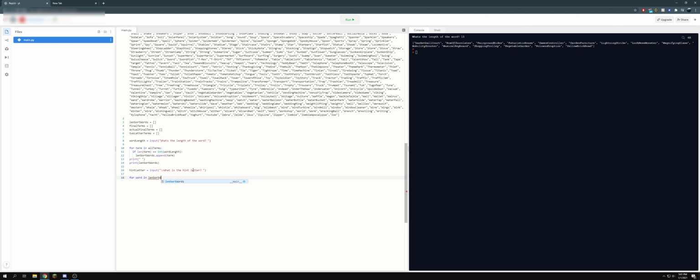And then same idea for each word in length sort words. So now we're sorting the previous list even more. So for each word in length sort words, we're gonna have another if statement. If the hint letter, which is just one letter, in a string, so if the hint letter in word, and we're actually going to do a word dot lower, which will make it so that